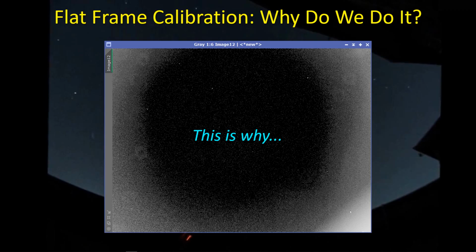I had a question come up that raised some further questions and a little more investigation on my part. The fundamental question is, why do we even do flat frame calibration? Do we need to do flat frame calibration? And this picture that I'm showing you here, and we'll come back to this picture, is why we need to